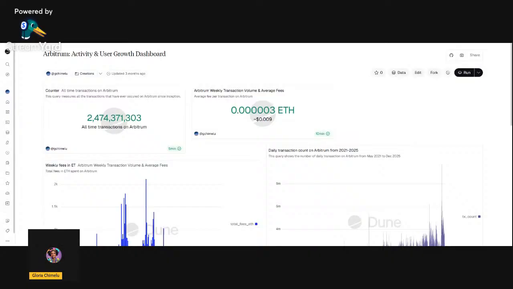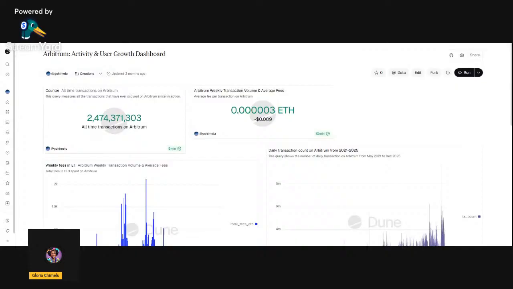Arbitrum had an airdrop 3 years ago, and they are still active. They're still a very much used L2. I received a payment from a client recently, and I chose Arbitrum. Why? Because the fees were cheap as opposed to receiving it on Ethereum. It was also very easy for me to send the money to my other wallet. It was less than a penny, as you will see on my dashboard too. I looked at the average fees.